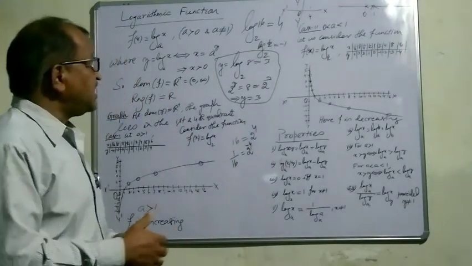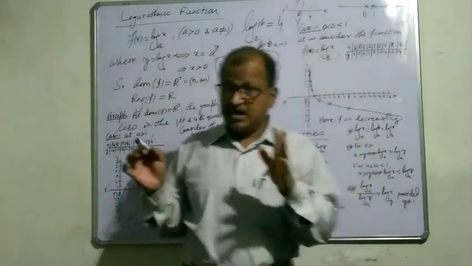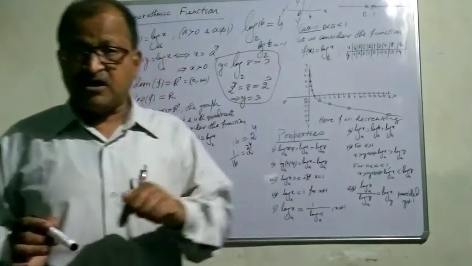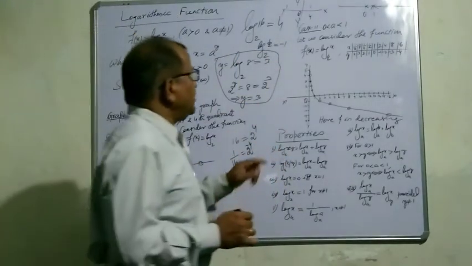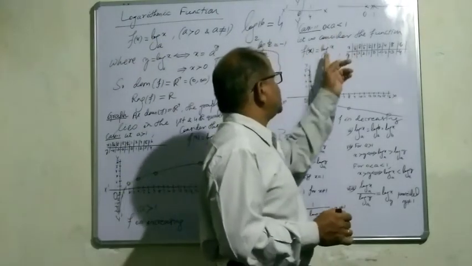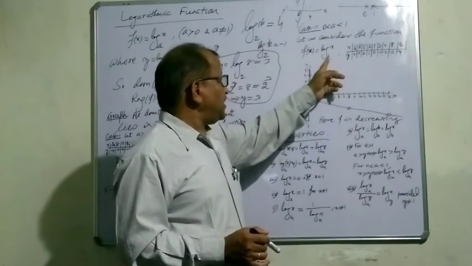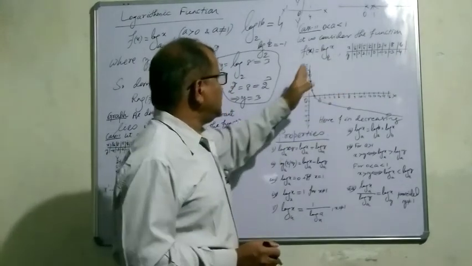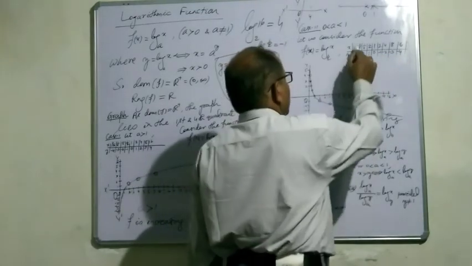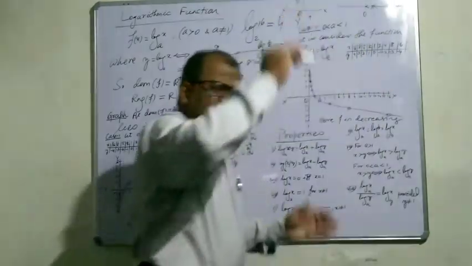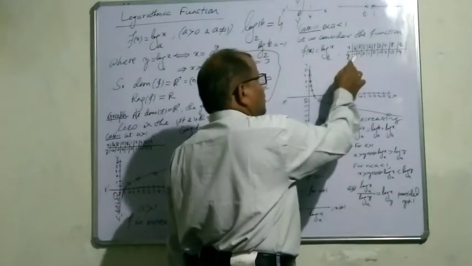In this case, I have taken an example, because if you do not take an example, then the exact graph cannot be drawn because the points cannot be obtained. Okay, so I have taken my a as half. So logarithm of x with base half. You see, it will just reverse. When x is equal to 1 by 16, very near to 0, I have taken the points. The value of y will be 4.